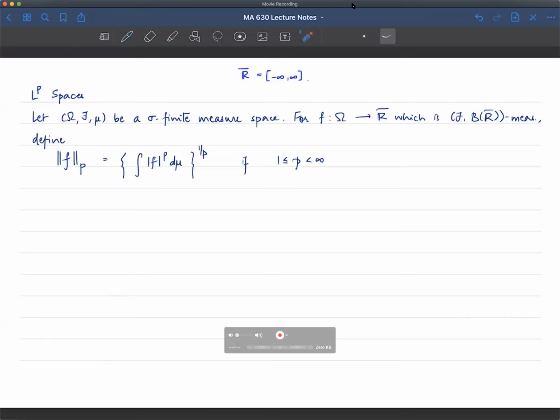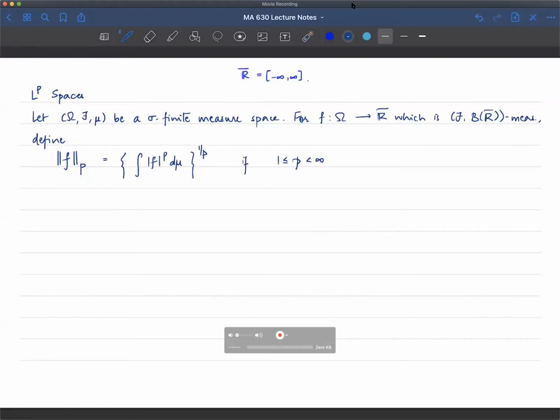So if p is greater than or equal to 1 but strictly less than infinity, to get this symbol on the left, which looks like the p-norm of f, what do I do? I take the absolute value of f, I take its pth power, I integrate it with respect to mu, and then whatever I get, I take the pth root of that. So that gives me this symbol on the left side, which I'm just marking with the red pointer. Again, at this point, you don't yet know that this is a norm. This is just a symbol right now.